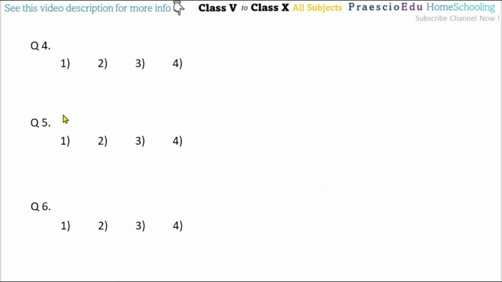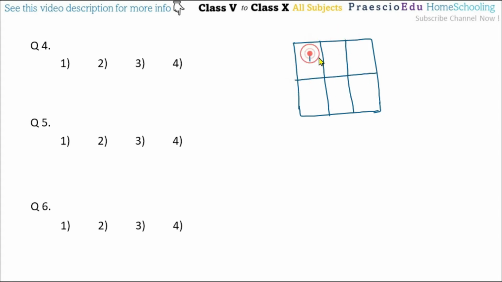Then question number 4, observe the given figure and tell the number of rectangles present in it. There is a figure like this. We have already seen this topic in our intelligent test, the counting of figures, and the same applies here. Horizontally there is 1, 2 and 3 numbering, and in the vertical columns there is 1 and 2. So 1 plus 2 plus 3 is 6, and 1 plus 2 is 3. The product 6 multiplied by 3 is 18. So there are 18 rectangles, and 18 is given in option number 3.